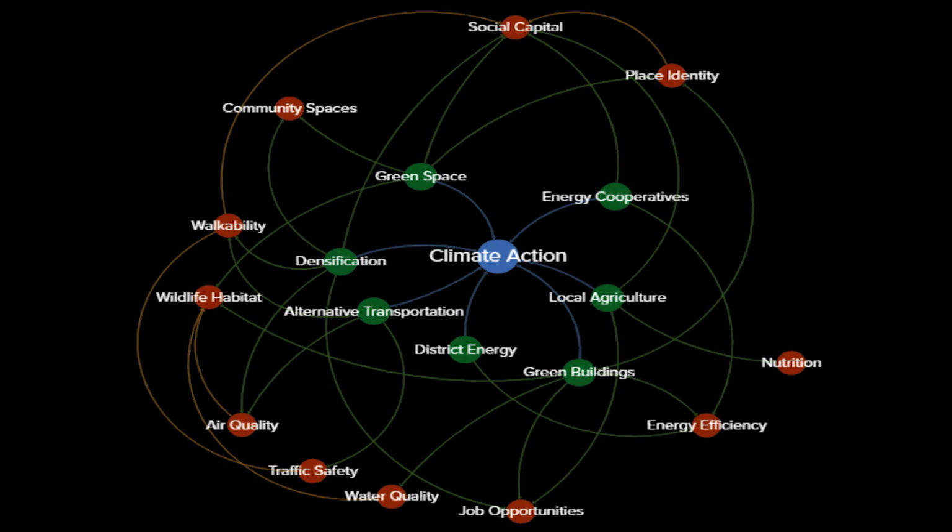Climate action is more effective when you do it within the broader sustainability framework. And if you actually start mapping out these co-benefits and looking at all the connections, then you can do that. Rather than just doing climate action, you can say, well, we're going to engage in climate action in a way that also does things around community health, walkability, maybe even business viability, things that meet broader sustainability goals.